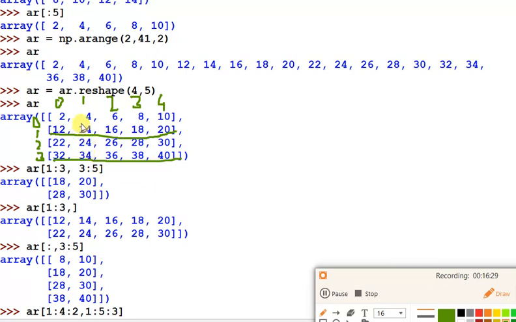So 1 means this one and this one, and then 1 plus 3 is 4. So the fourth index you have to select, this one and this one. So only these four, 14, 20, 34 and 40. So these values will be printed.